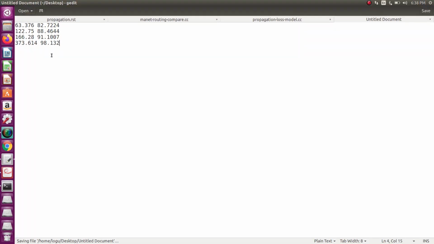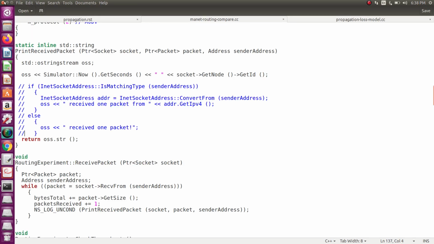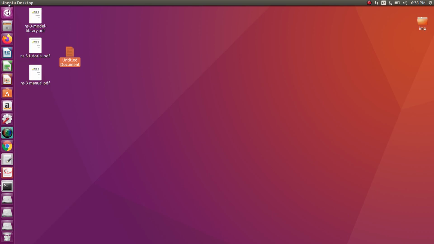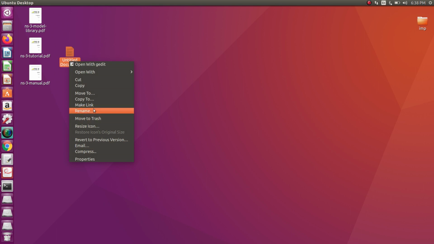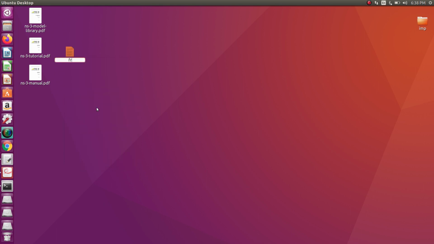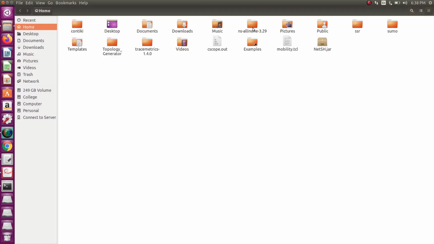For demonstration purposes, I will take only 4 values. The first column will be distance and the second will be your loss. This is the Friis data. By using GNU plot, you can plot the characteristics.